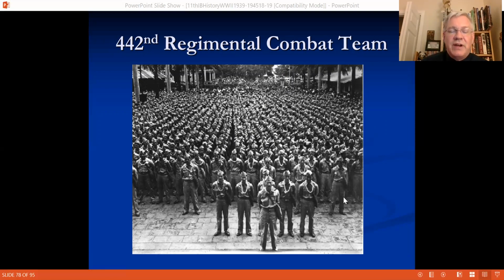And they were sent to go fight for the Allied efforts, part of the United States military, in the European theater. And they fought here, they fought there, they were fighting in Italy, they were fighting all over the place. Very, very tenacious, they gained a reputation for their tenacity, and were the most highly decorated unit in World War II in the United States. Yeah. Fighting which country? United States. Yeah.